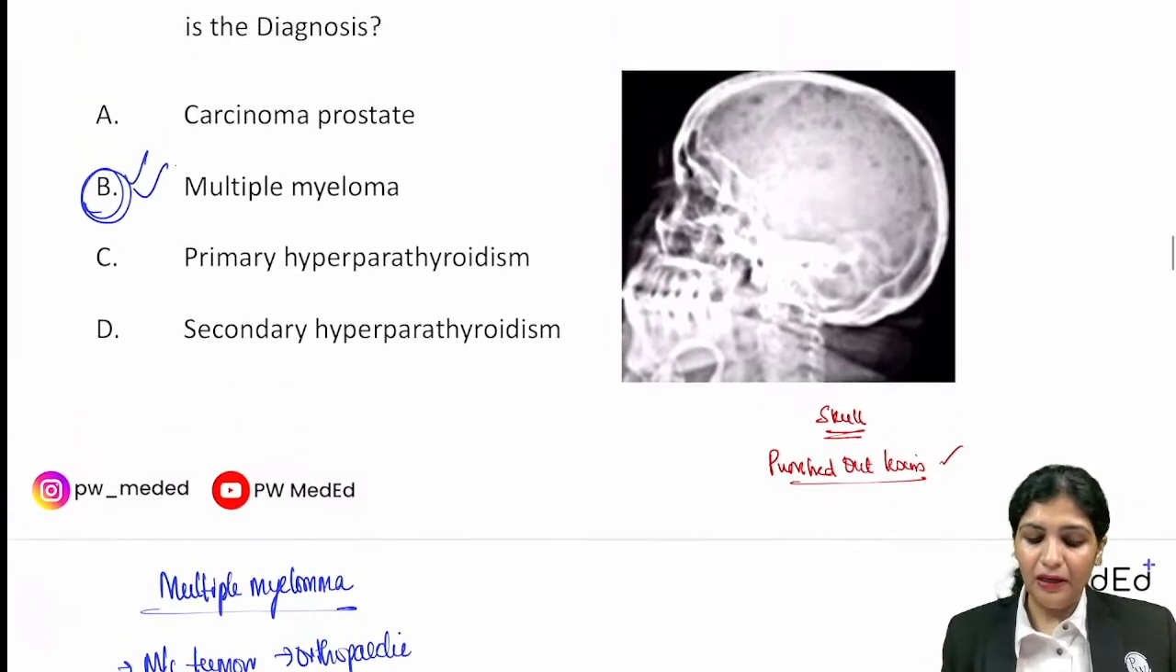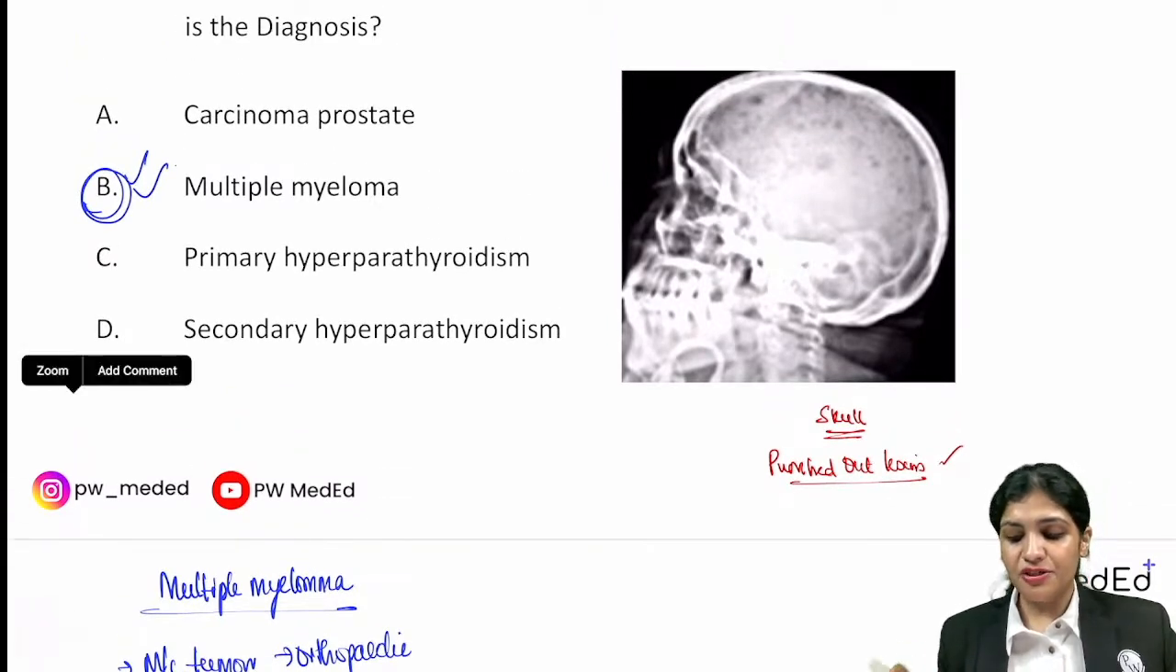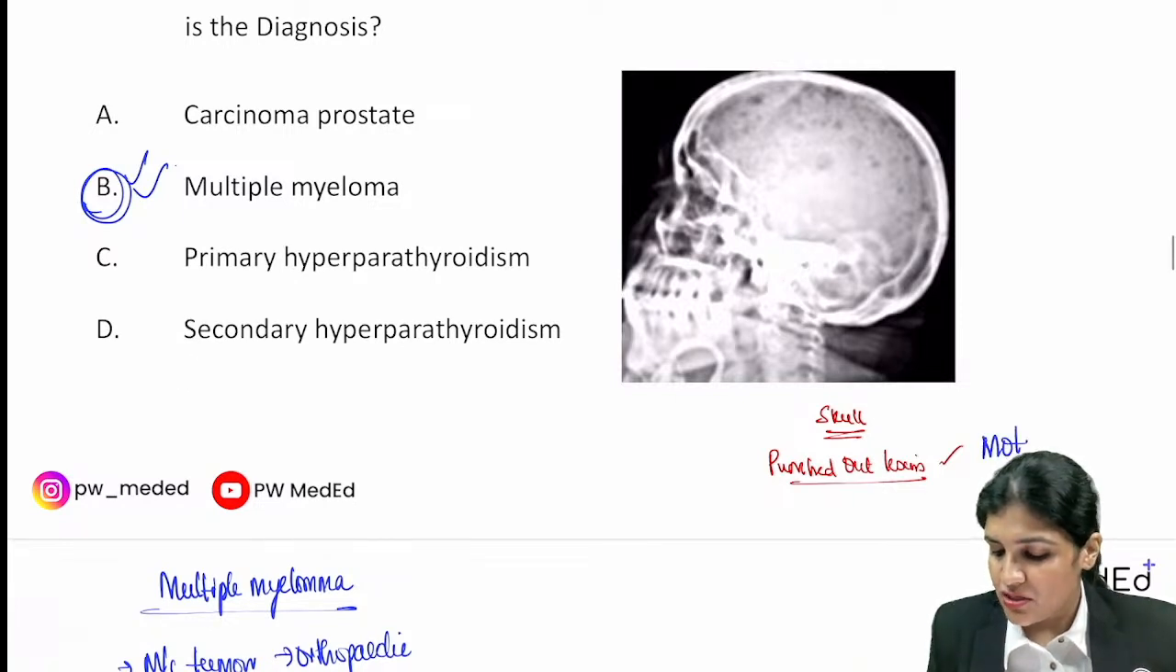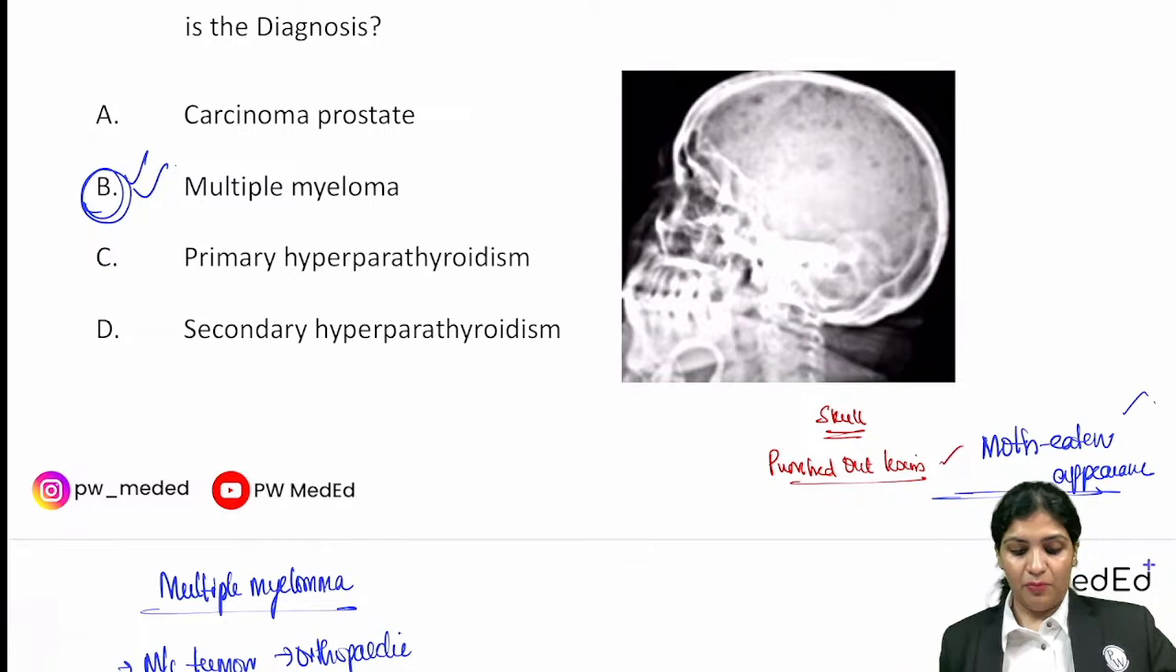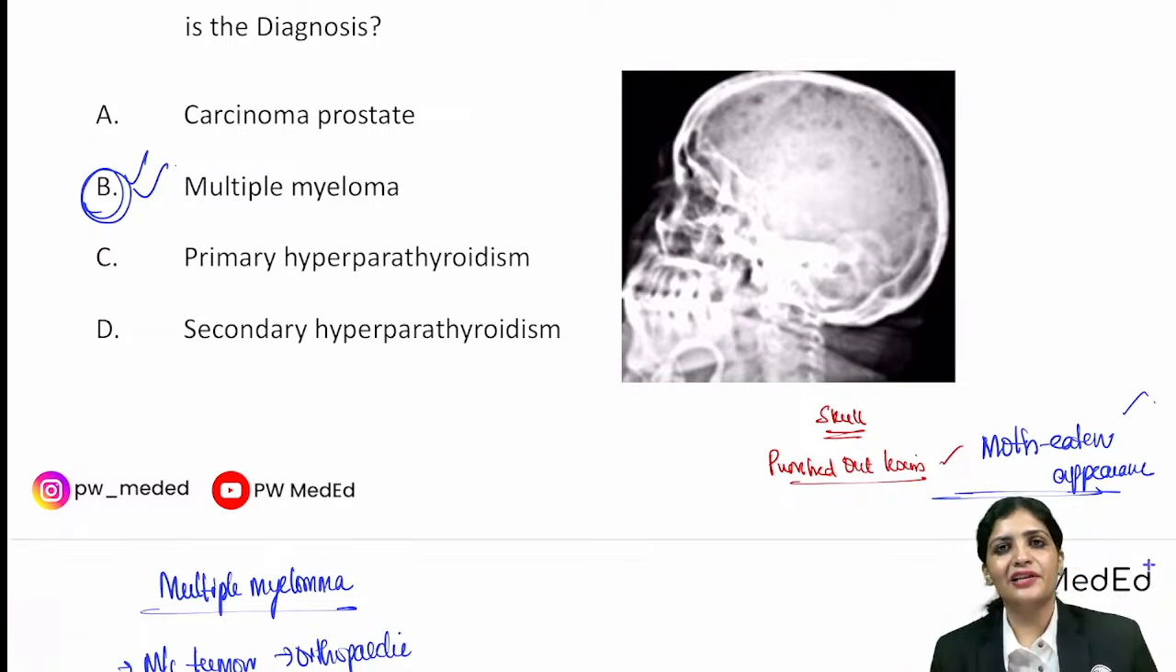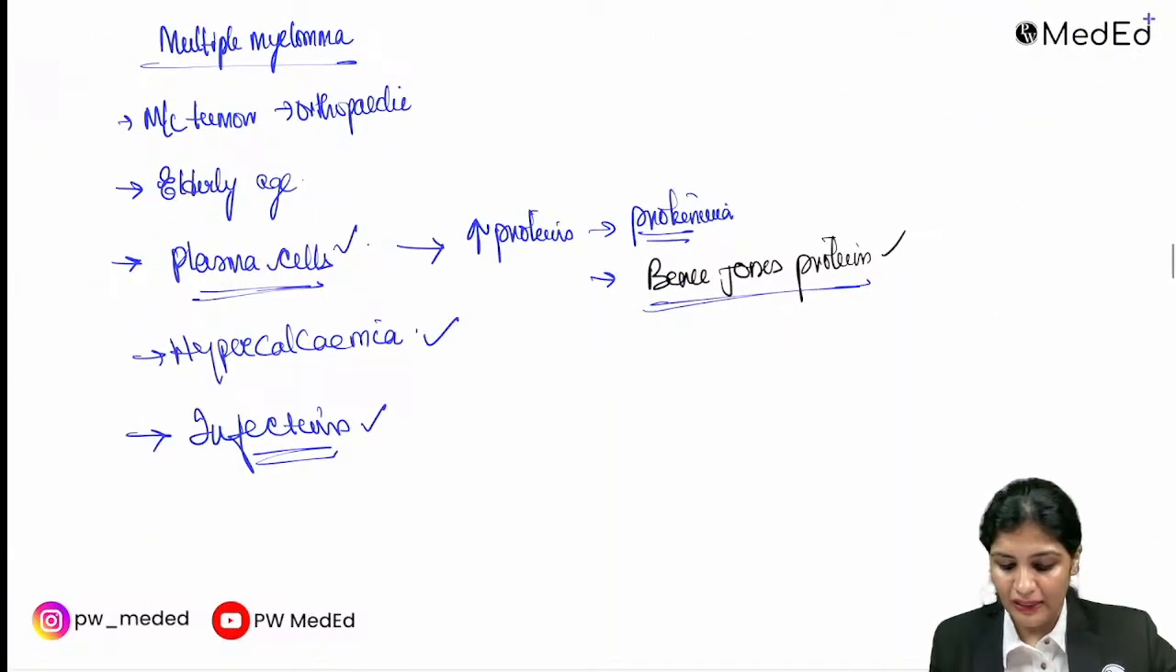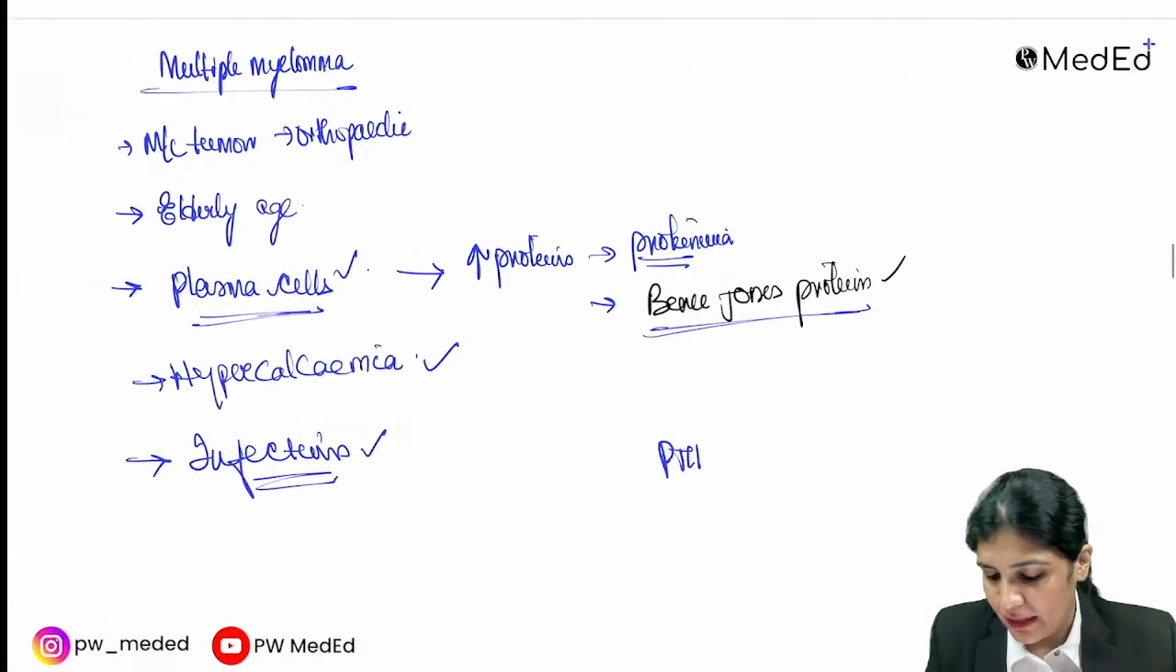So this is multiple myeloma, where you see punched out lesions in the skull, and this can also be described as a moth-eaten appearance. Punched out lesions or moth-eaten appearance in case of multiple myeloma. So what is hyperparathyroidism? Hyperparathyroidism is a condition where there is an increase in parathormone hormone, and this